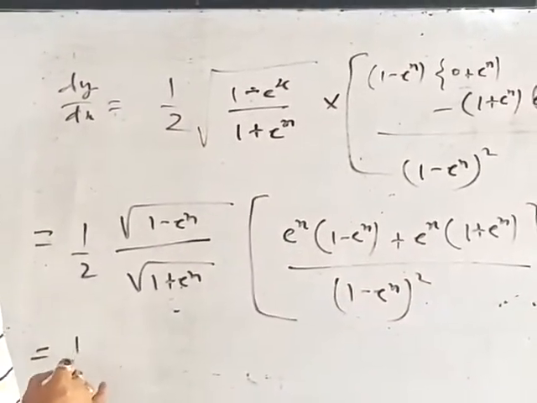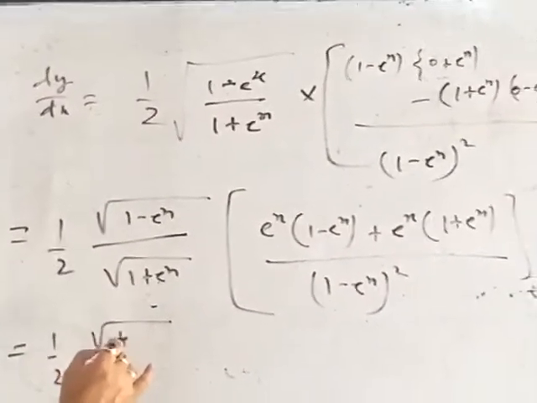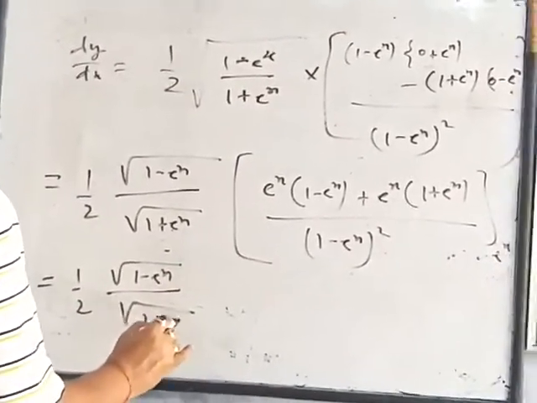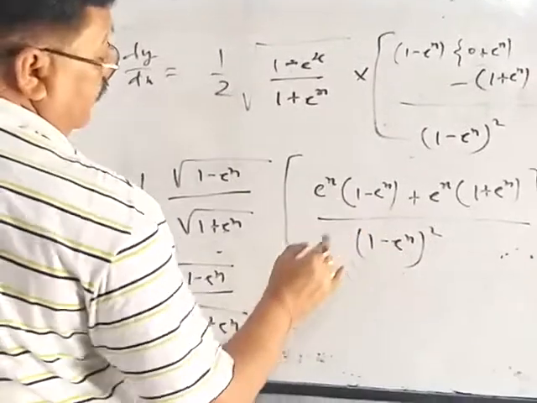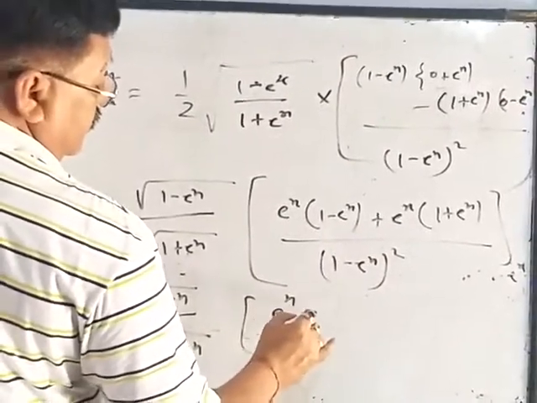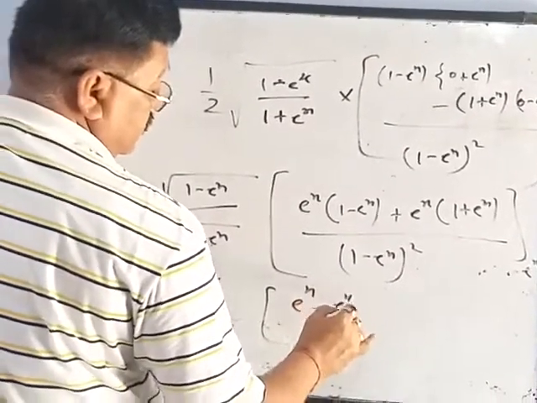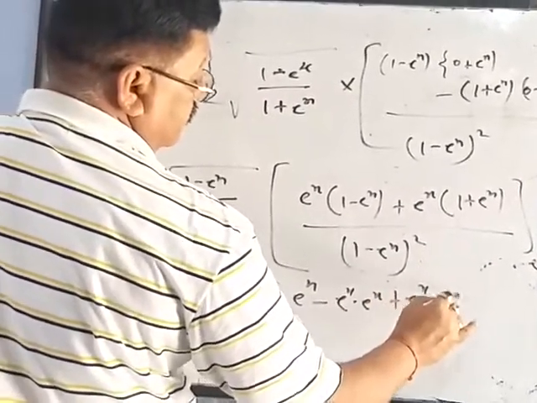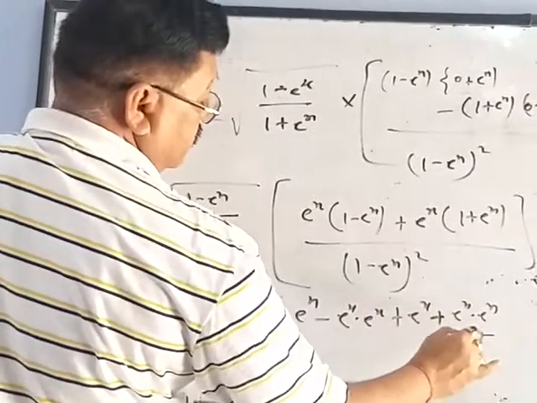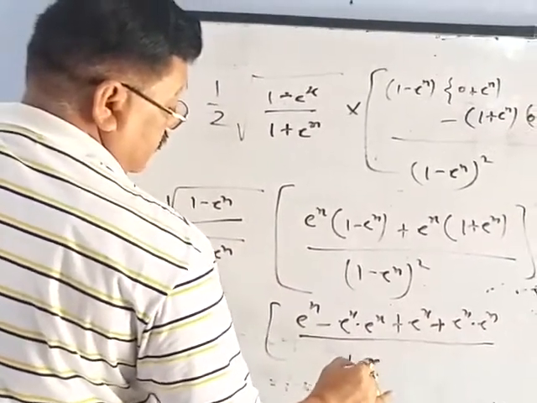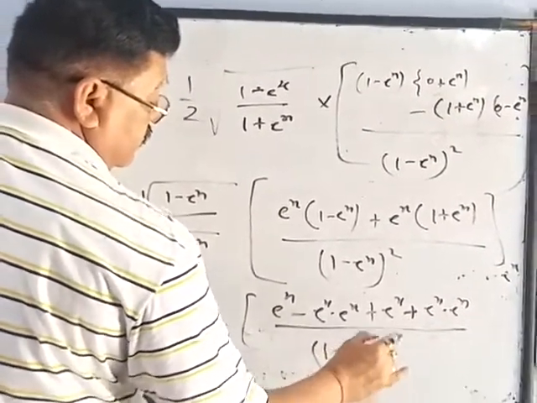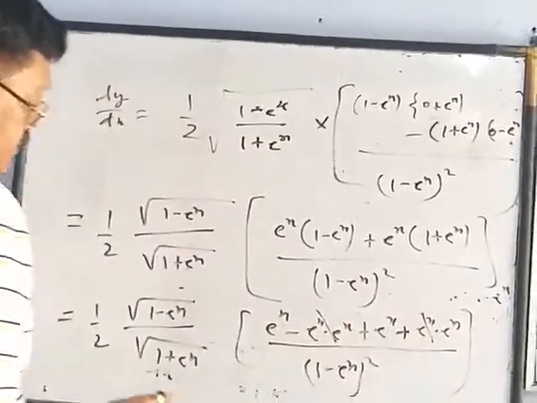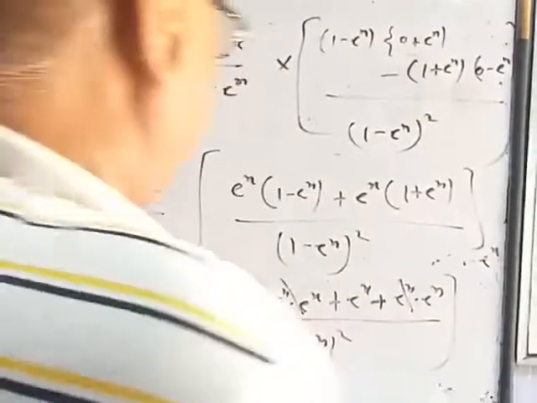Now to remove the bracket, e power x minus e power x into e power x plus e power x into e power x, 1 minus e power x square. So this will cancel. So finally we are getting, student,